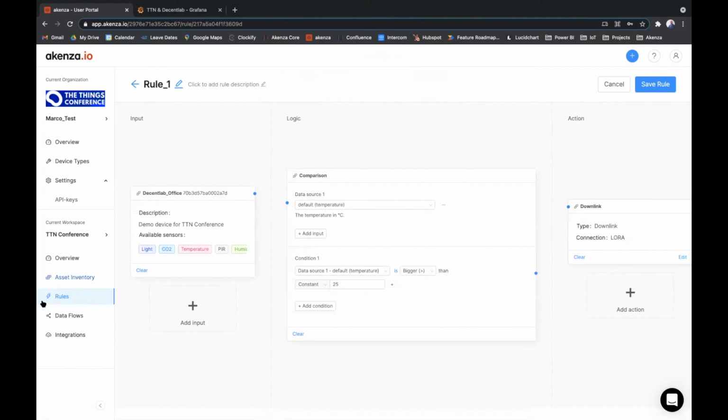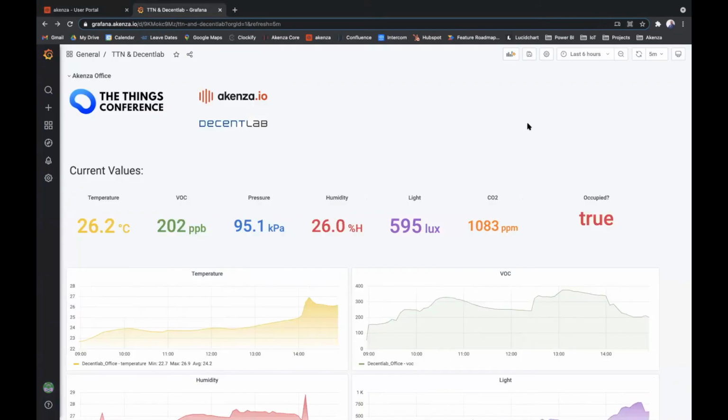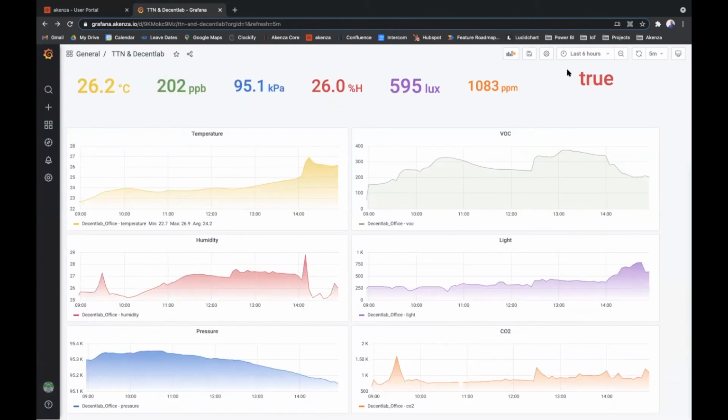So what we have done is therefore to transfer our data into Grafana. As I said, in Grafana, we have a standard connector. And through the standard connector, it's possible to provide data to Grafana. I would like to show you how easy it is just by adding another